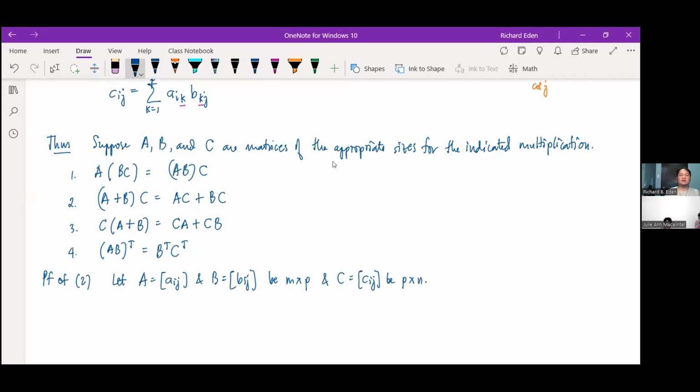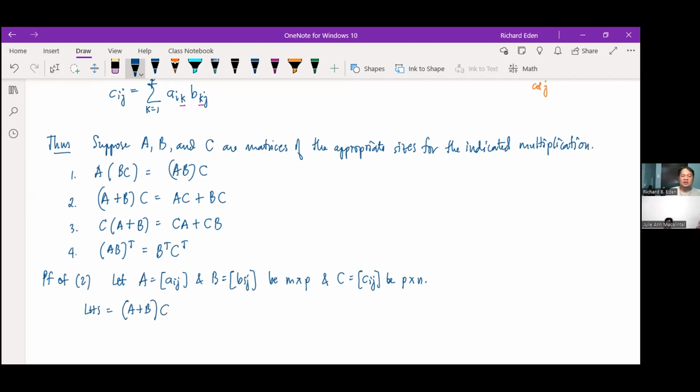Okay. So A plus B is going to be M by P, and then C is P by N. After you carry out the multiplication, either on the left side of 2 or the right side of 2, you should get an M by N matrix. So let's start with the left side of number 2. Left hand side, A plus B